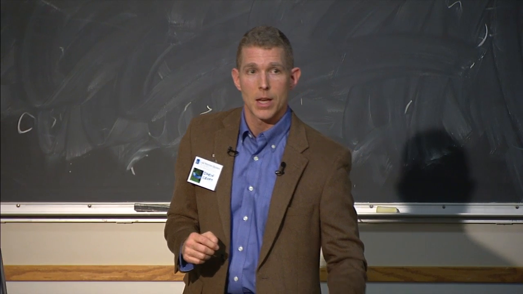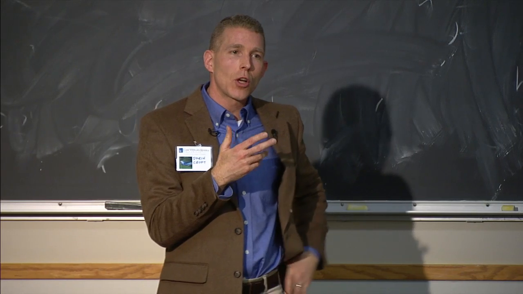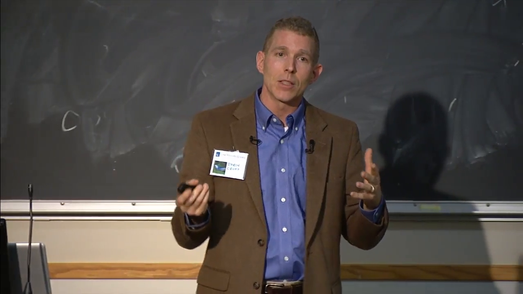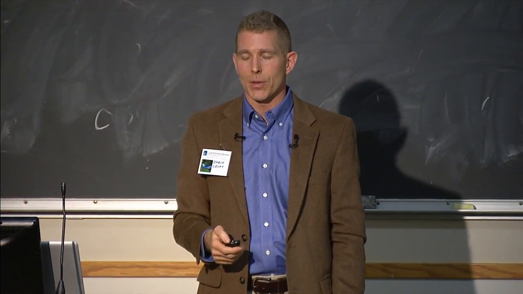So we will head back to part 3, which are local opportunities to appreciate mammal diversity. I think it's fun to look at pictures, but I always like to look at the real bones, and I like to look at real mammals too. So what I'm going to do in this last section is just talk about what I see are edges of the mammal morphospace that you can check out close by here in Ohio. And we'll talk a little bit about some of these families and orders that I mentioned early on. Kind of a top 10, but they are in no particular order.